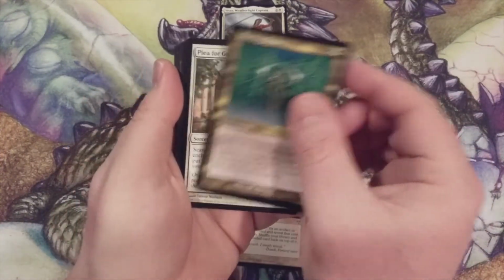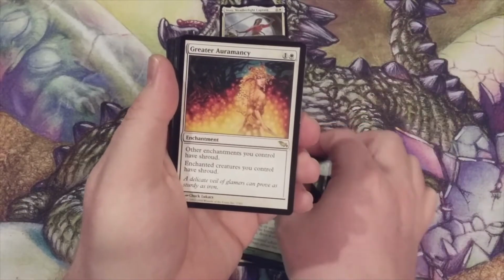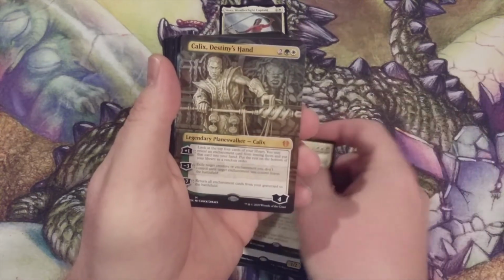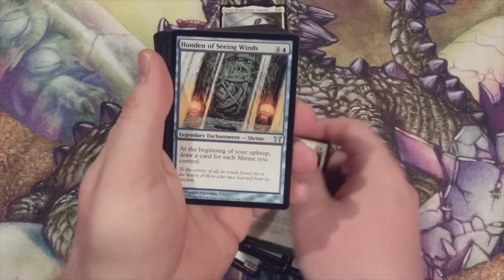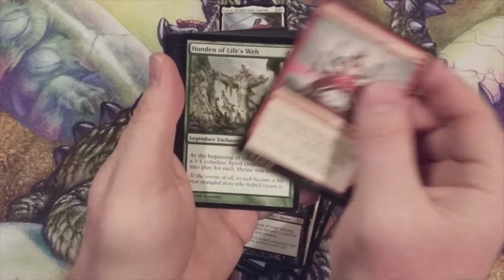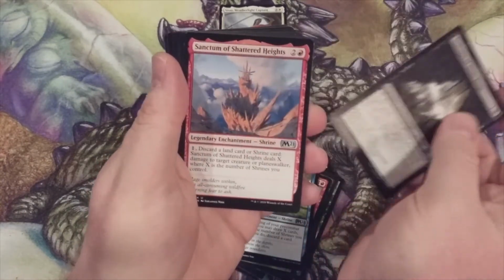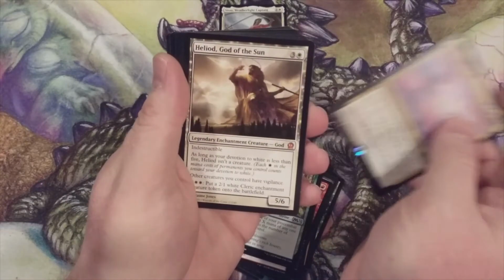Enlightened Tutor, Sterling Grove, Plea for Guidance, Citizen Champion, Eidolon of Blossoms, Greater Auramancy, Sphere of Safety, Genju Arcanum Weaver, Hanna, Ship's Navigator, Zur the Enchanter, Calix, Destiny's Hand, Dance of the Dead, Honden of Cleansing Fire, Honden of Seeing Winds, Honden of Night's Reach, Honden of Infinite Rage, Honden of Life's Web, Sanctum of Tranquil Light, Sanctum of Calm Waters, Sanctum of Stone Fangs, Sanctum of Shattered Heights, Sanctum of Fruitful Harvest, Sanctum of All,